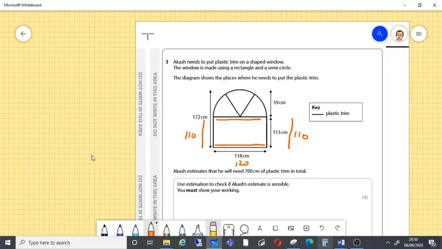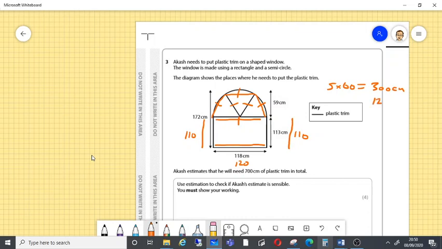Now these will be an equilateral triangle, and I know that half of that 120 is 60. Let's just undo that, I apologise. So these here will also be 60 as well, because this here split in half would be 60. So I've got 1, 2, 3, 4, 5 at 60. 5 times 60 is 300 centimetres, and it's just a guess. So we've got 300 centimetres for the triangles I've put the lines through,